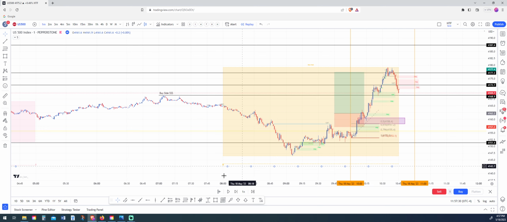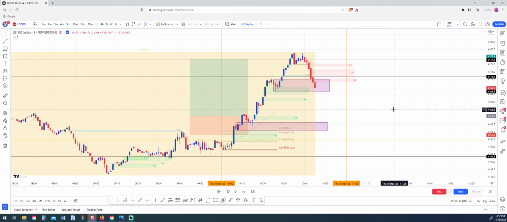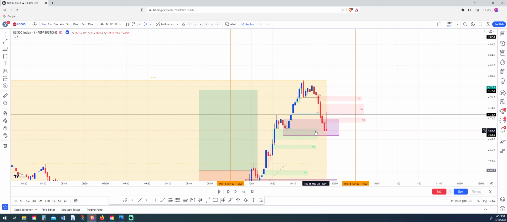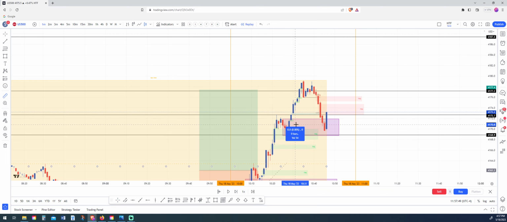So if we got an order block here now, let's just move this out of the way. This is an order block. Let's see if that holds. Yeah, so we've got volume imbalances into an order block, fair value gap as well. Fair value gap there. Fair value gap's been filled, but it's inside an order block. And then displacement coming away.